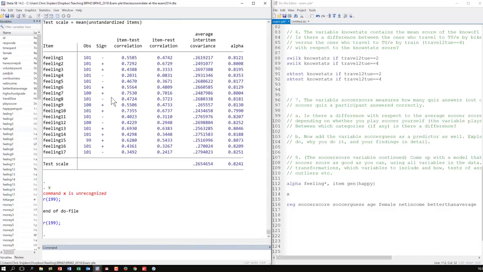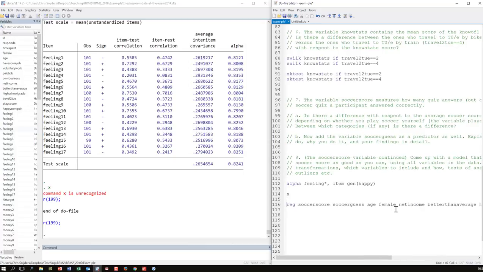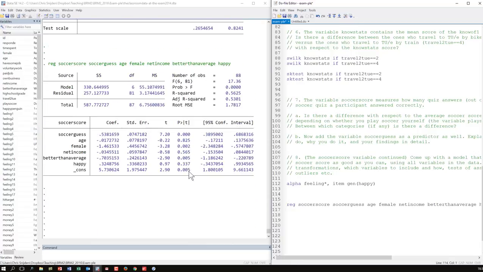So this would mean that the higher scores on the happy variable that I created indeed coincide with the people who say they are happier. So now I could add this as well. Let's get rid of this one. Let's give it a whirl.